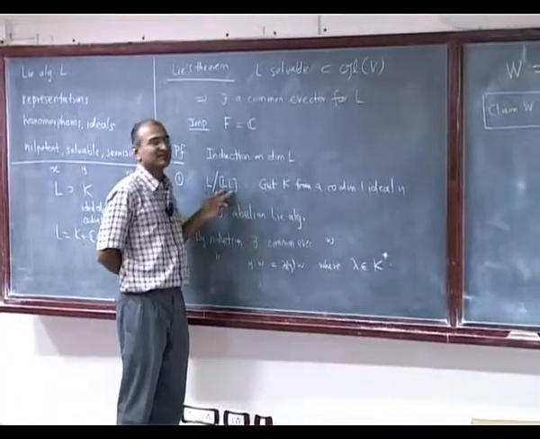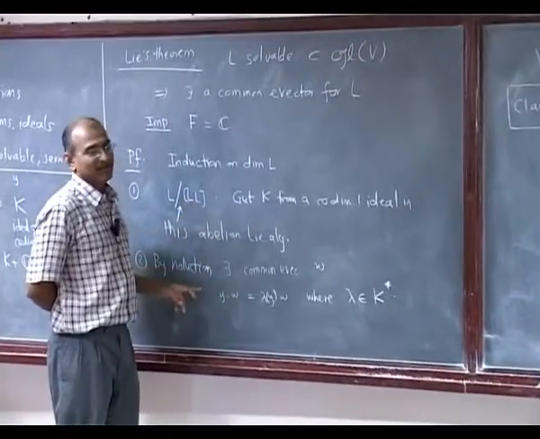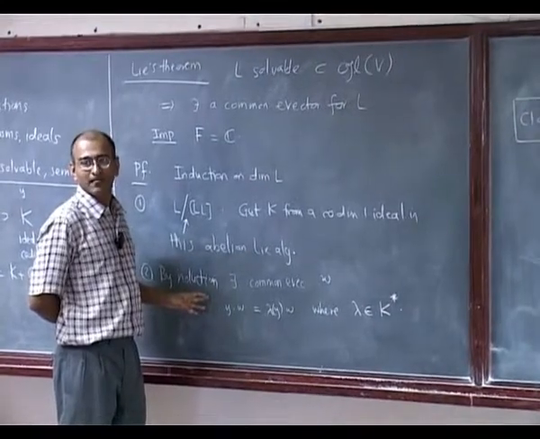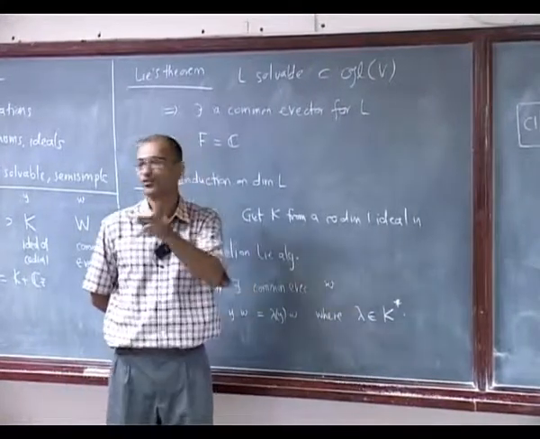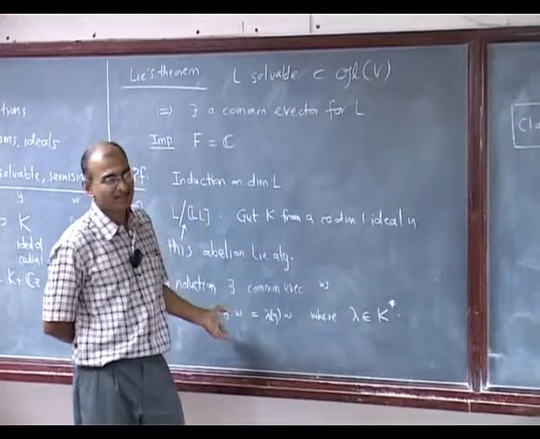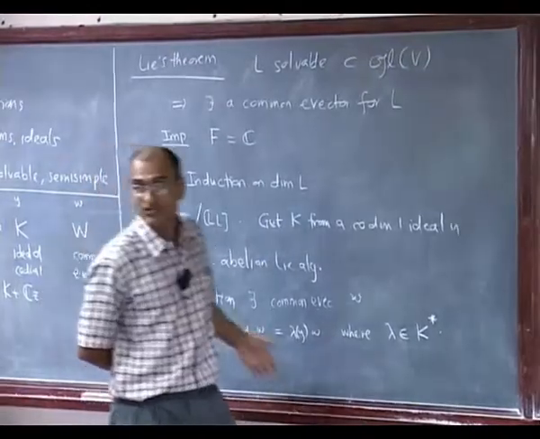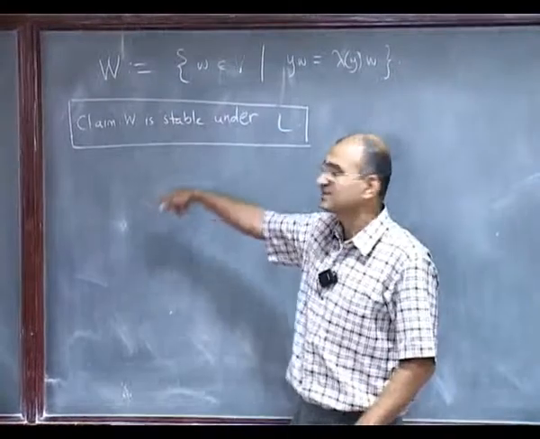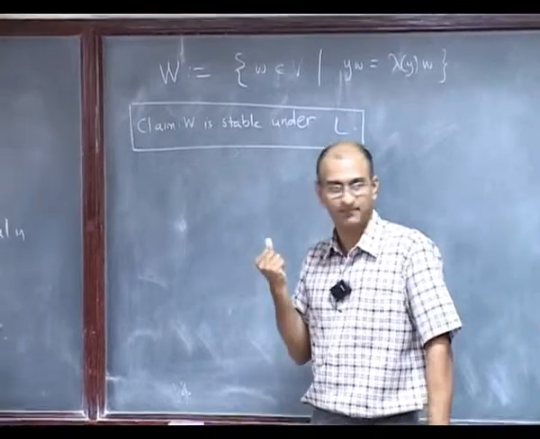So this is nothing, right? Now I am just taking one of the operators. And forget the lambda in K star, because I am just taking two operators. Their linear spans, forget it, they commute. So this just says take an eigenspace of one of the operators. Consider that, and it has to be stable. So you see, all those various things that I have done really amounted to nothing. The key calculation is yet to be done. Okay.